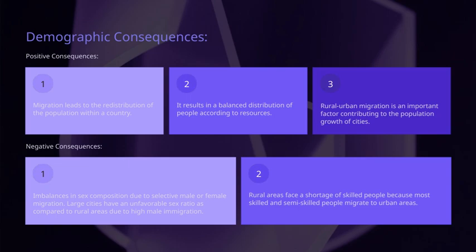Now, talking about the consequences of migration, it leads to a redistribution of the population within the country. This can have various impacts, some negative, some positive. On the negative side, it can cause overcrowding in cities and depopulation in rural areas. On the positive side, it can stimulate economic growth and development by concentrating human resources where they are most needed. Overall, understanding these demographic changes helps us see how migration shapes the population landscape and influences resource allocation and social